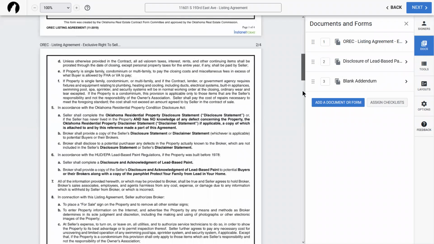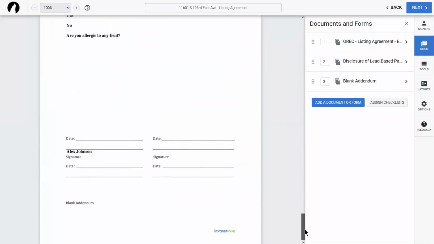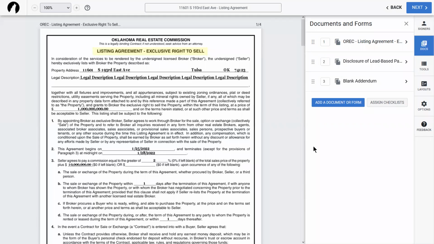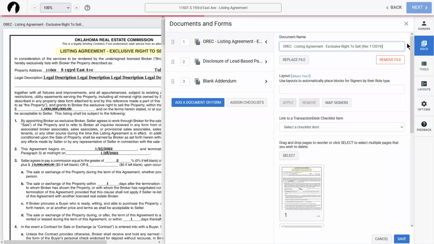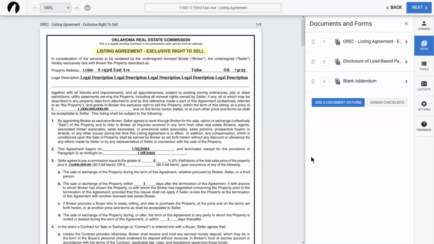And notice that actually made those changes in real time over here to the left, so we can see where everything is. All right. If we did need to make any more changes to these, we can change, you know, if I wanted to remove that name since it was just really long, or if there's a layout that we wanted to use, which I'll cover in a bit here. But make any of those changes. We also have the option to add in any additional documents or forms.